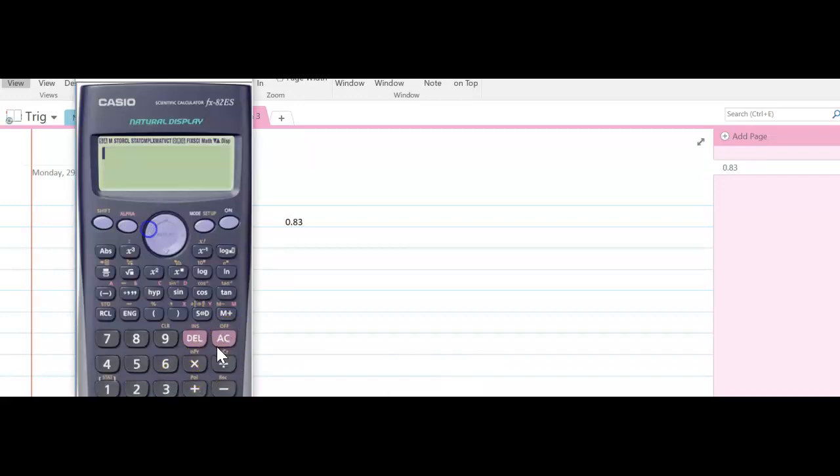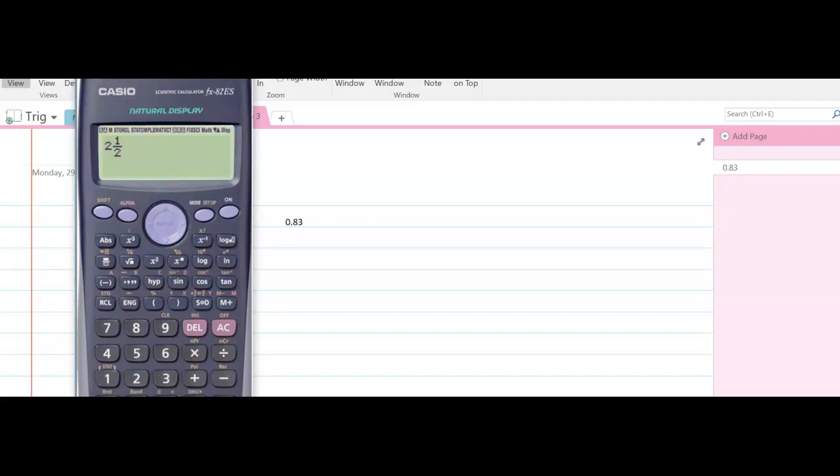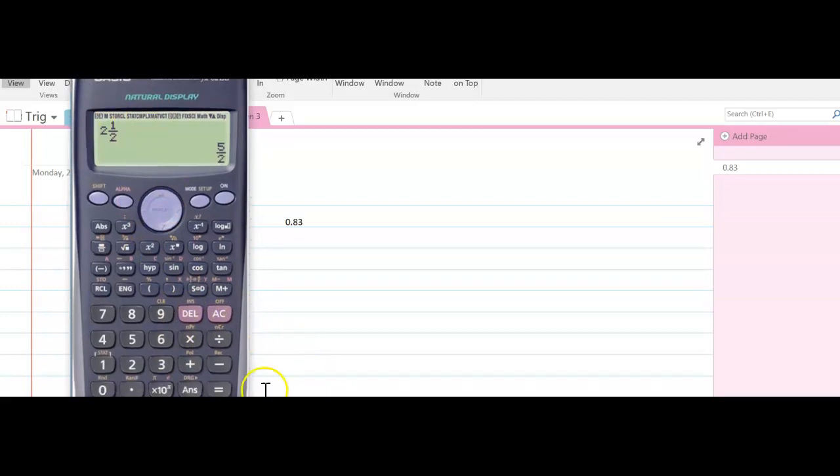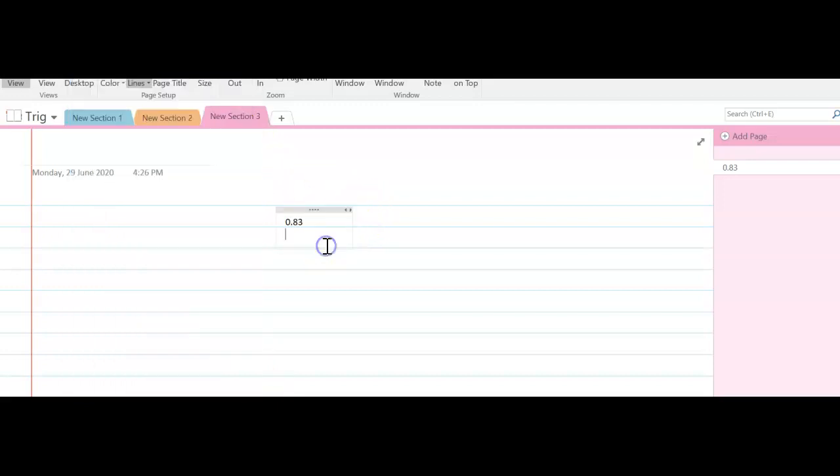All right, what about another example? What if I want to put a mixed numeral in there? Shift fraction key here, then put 2, go next, put 1, go down, put 2, that's 2.5. Now press equals, you can't see it, but I've just pressed equals here. When I pressed equals, what sort of fraction came up? 5/2, which is what sort of fraction? That's an